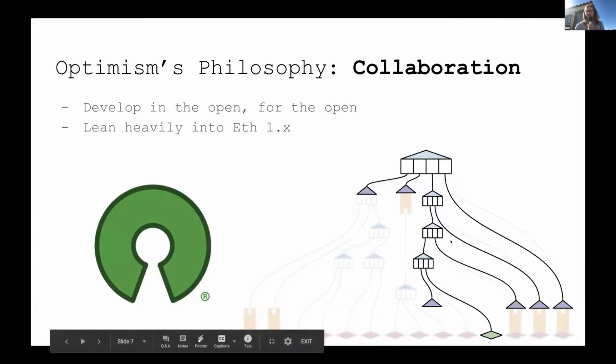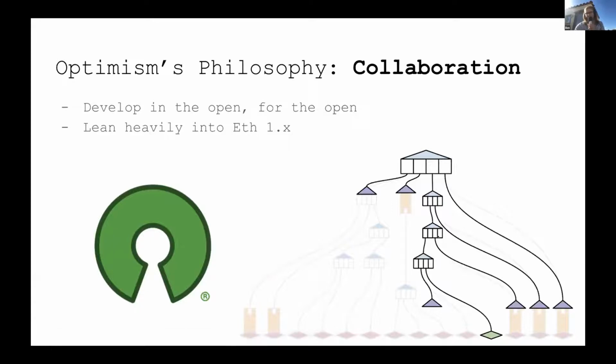I have on the right here a diagram that I pulled from some ETH 1.x research on a state trie for stateless Ethereum. And one of the coolest things that we can do is a lot of the tech that goes into building new Ethereum research can be deployed on layer 2, and even probably sooner than on layer 1, because you don't have to fork it in. So that's very exciting, and being able to collaborate with people in the existing Ethereum research community on how to make a layer 2 version of Ethereum that's even more dope and awesome is super great.